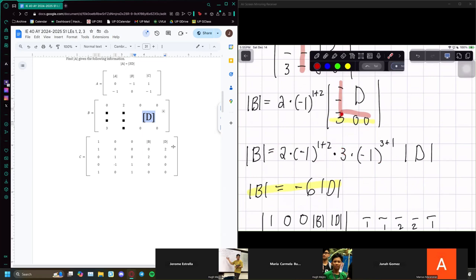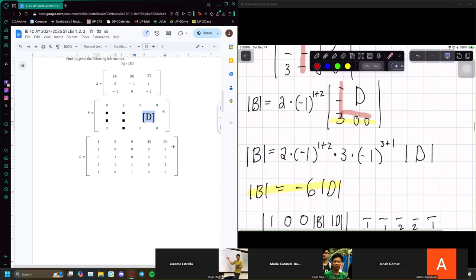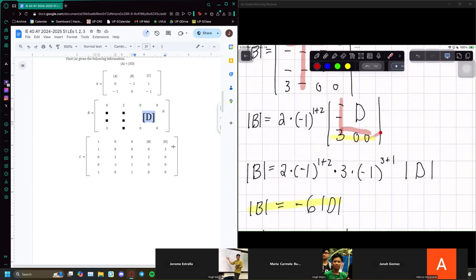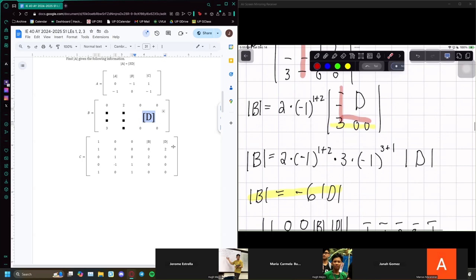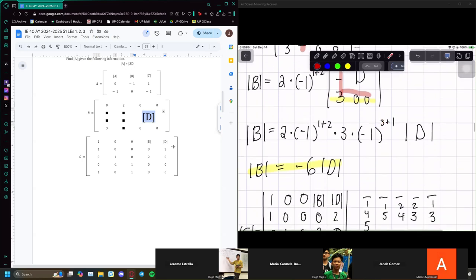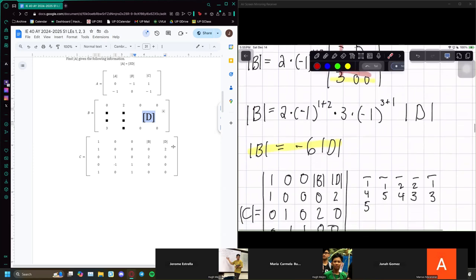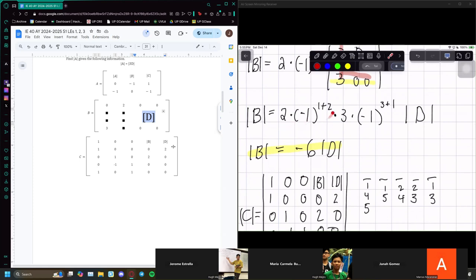In this matrix, 3 is in row 3, column 1, even though in the original, it's row 4. Since we're referring to this one, it's row 3, column 1. So 3 plus 1, 4. And then after we eliminate this, all that's going to be left is the determinant of D. So after you solve all of this, you're going to find that the determinant of B is equal to -6 times